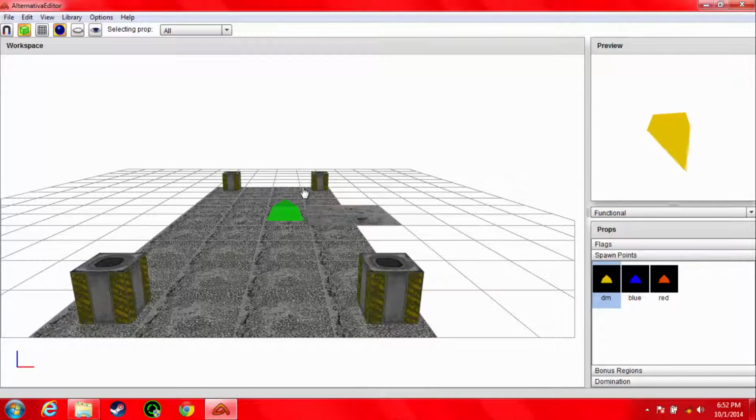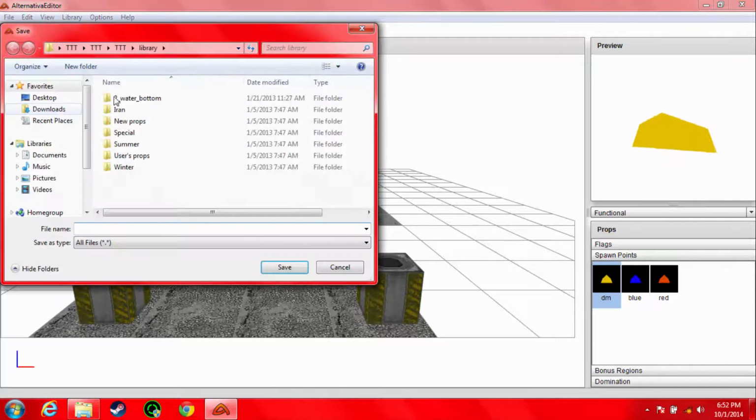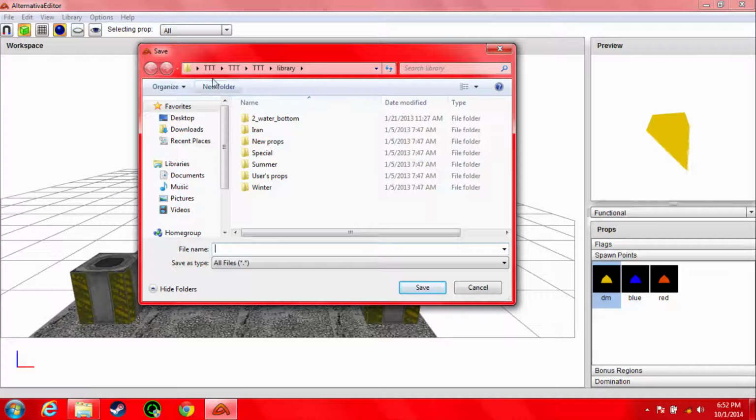You're pretty much done. Once I insert that, you're pretty much done. So what you're gonna do now is go to File. When you're ready, whenever you're done and ready to test your map, you go to File, go to Export Tanks Map 1.x, and you can go to